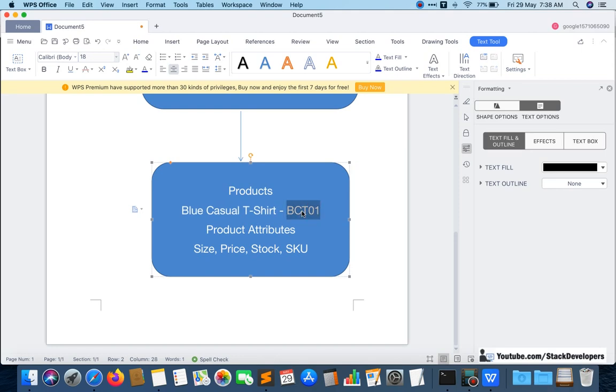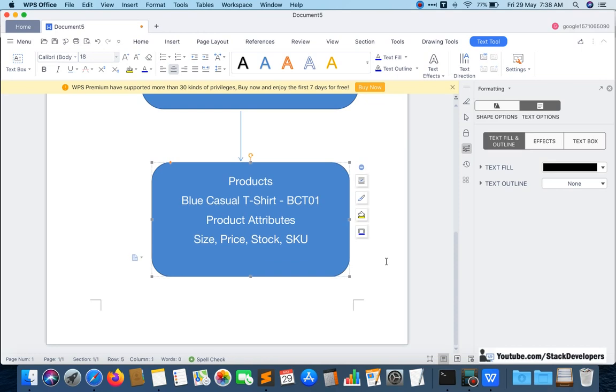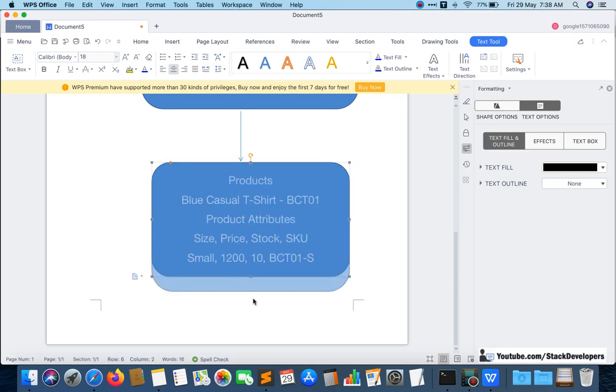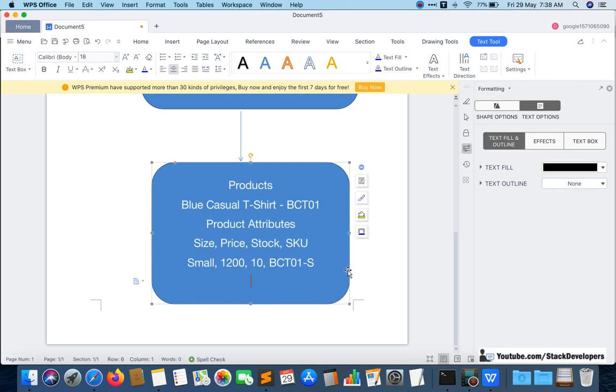Then for its attributes, first of all you will add small size. So small size is small like this. Then price you are going to add 1200. Then stock you are going to add 10 stock, and its SKU will be like BCT01S like this, okay.